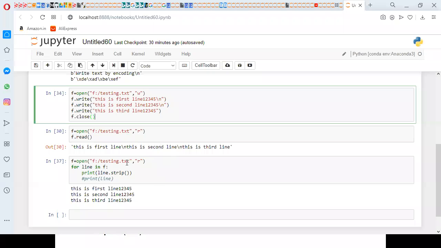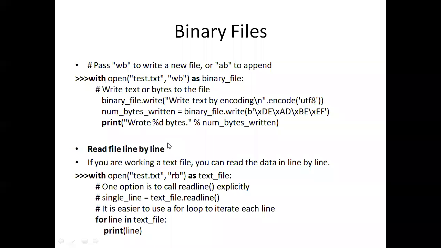So this is about working with binary files, simply like a text file. But here the size of the memory will reduce when compared with text files. When you're going to write the content into a binary file, it is not possible to write the string directly. You need to convert it into binary code.